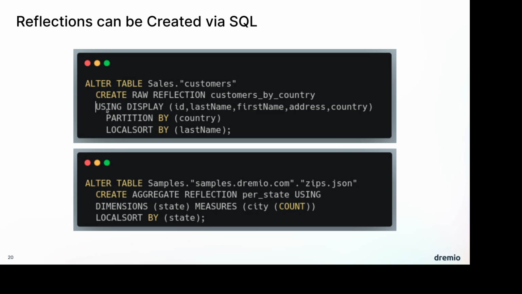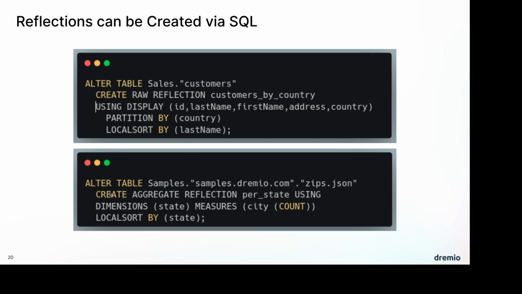And then here in this case, I'm saying, hey, these are the columns that I want to materialize. And I want you to partition that particular materialization by country. So it'll be partitioned by country in this case. And then within the data files are sorted by the last name. So then you get basically that optimized physical copy that's perfectly tuned to the particular queries I plan to be running against it.